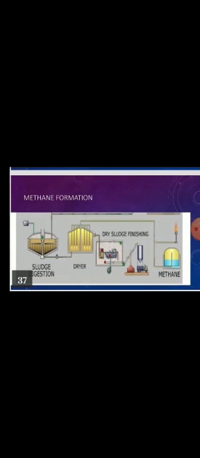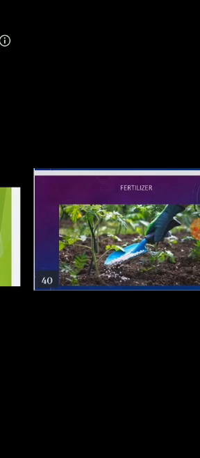Methane formation. At the end, the sewage sludge is pumped to other tanks containing different kinds of bacteria, and these bacteria destroy the unpleasant materials in the sludge and change them into a gas which can be used as a fuel. Now in this process, methane is formed and we can use the methane as a fuel. At the end, the manure sludge is also used as a fertilizer to fertilize the soil. Distillation is another process.